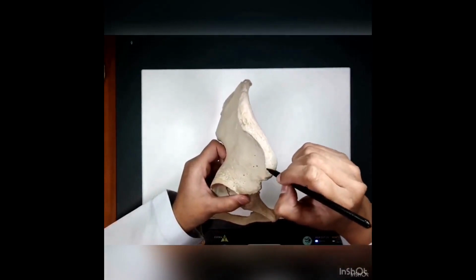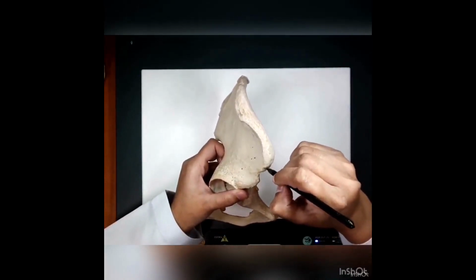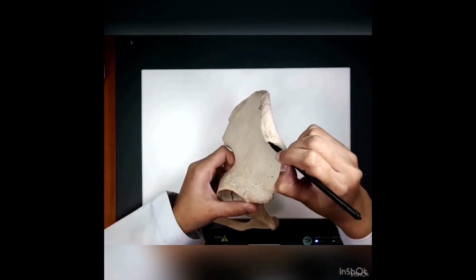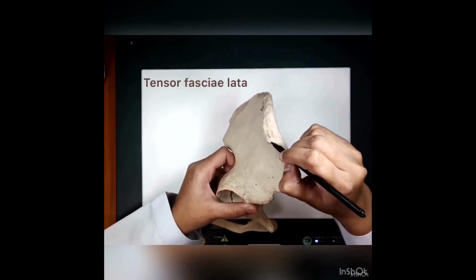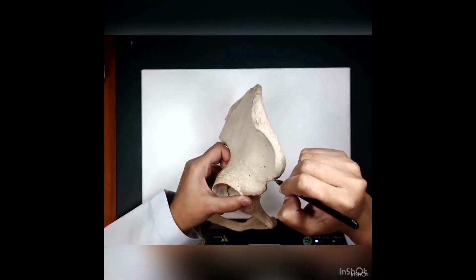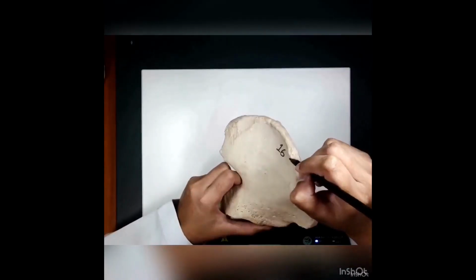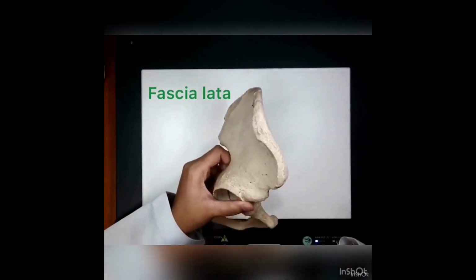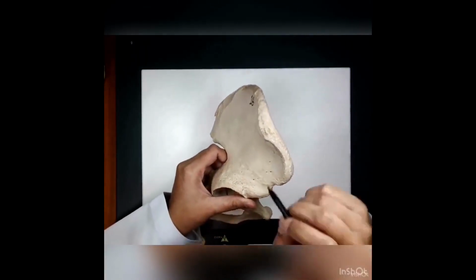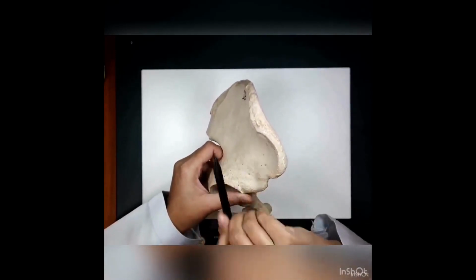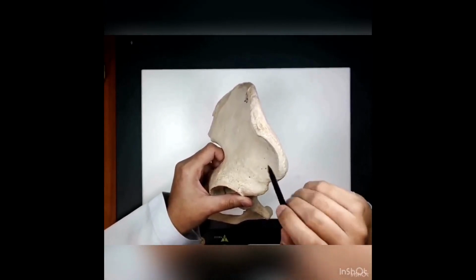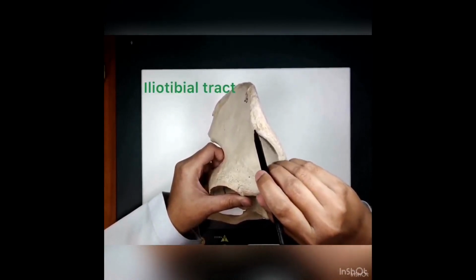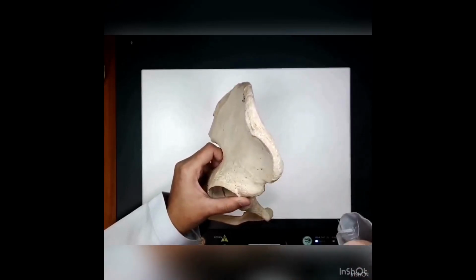Now on the outer lip of the iliac crest, starting from this anterior superior iliac spine up to the iliac tubercle, there is attachment of a muscle, tensor fascia lata. From this whole extent of the outer lip of this ventral segment there is attachment of a deep fascia known as fascia lata. Remember, fascia lata is a deep fascia, tensor fascia lata is a muscle. On this iliac tubercle, there is attachment of the iliotibial tract, which is a modification of deep fascia.